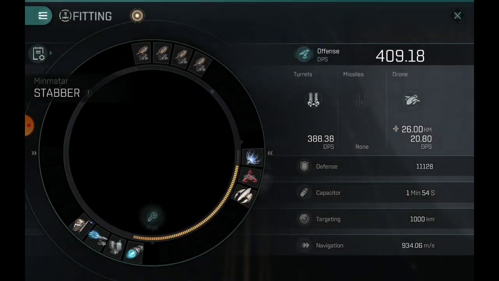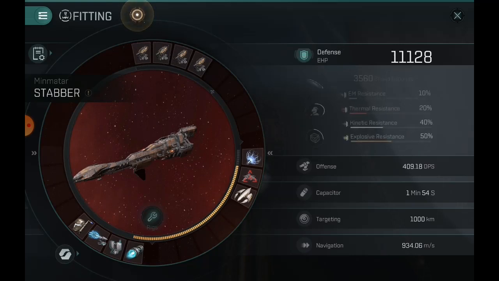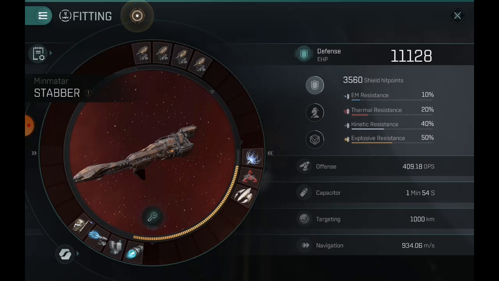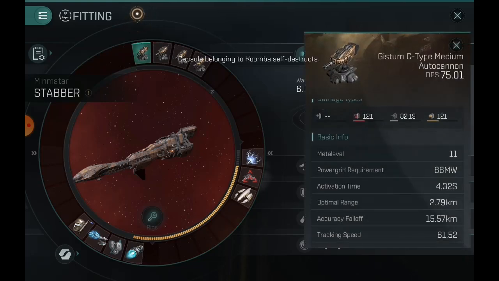So for just a regular Stabber, we have 409 DPS, a capacitor of 1 minute and 54 seconds, which we don't have our armor repair on all the time, so that doesn't really matter too much. And we are not going too fast, but with higher skills and those rigs we just mentioned, we will get around 1,000, maybe 1,100 if we train just a little bit more. And that's well within the ratting range. You can somewhat speed tank and get around and loot and stuff, so that seems just fine. Tracking speed with the...